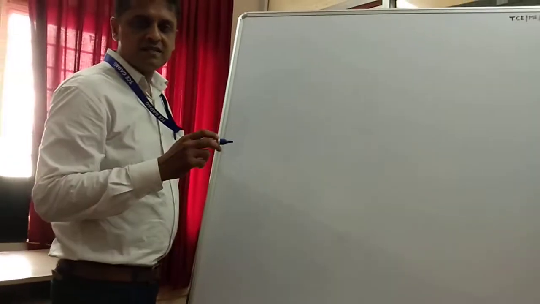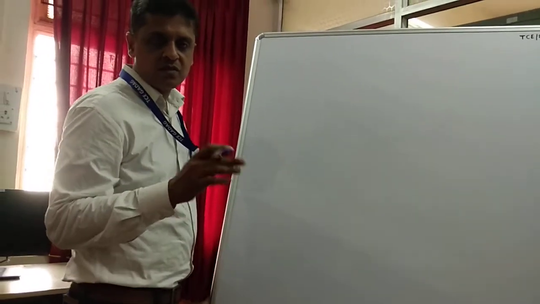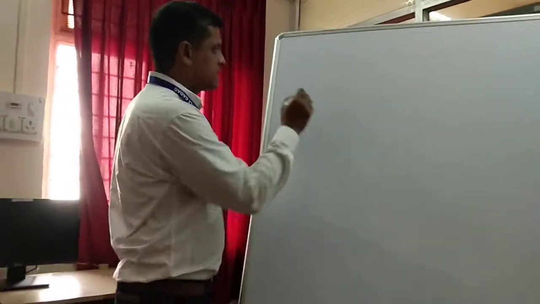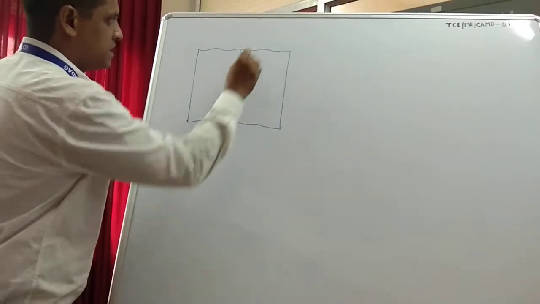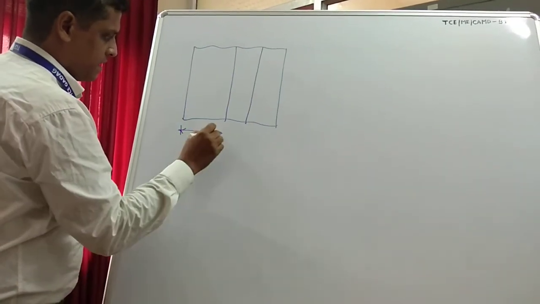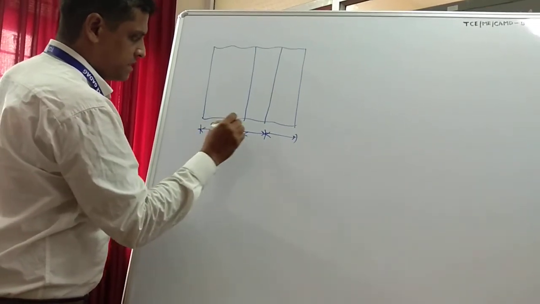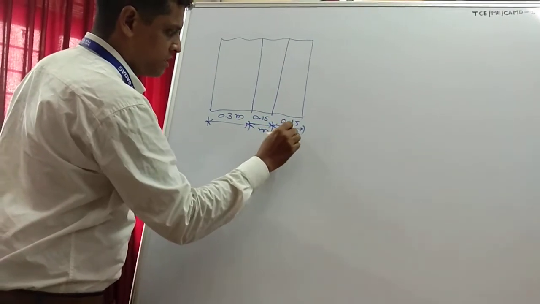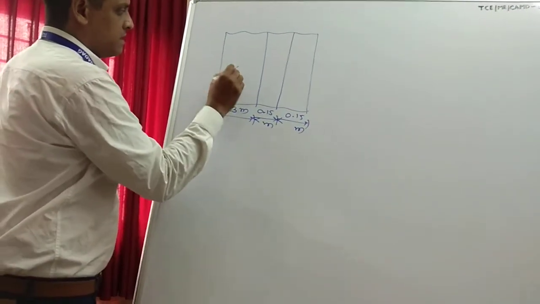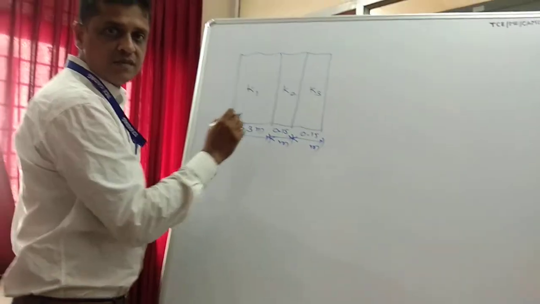In this video session, let us learn how to determine the temperature distribution through the composite wall subjected to conduction and convection in heat transfer. Let us consider this problem. The composite wall consisting of three materials, and each material thickness is given as 0.3 meters, 0.15 meter and 0.15 meter, and let K1, K2, K3 be the thermal conductivities of these three materials,